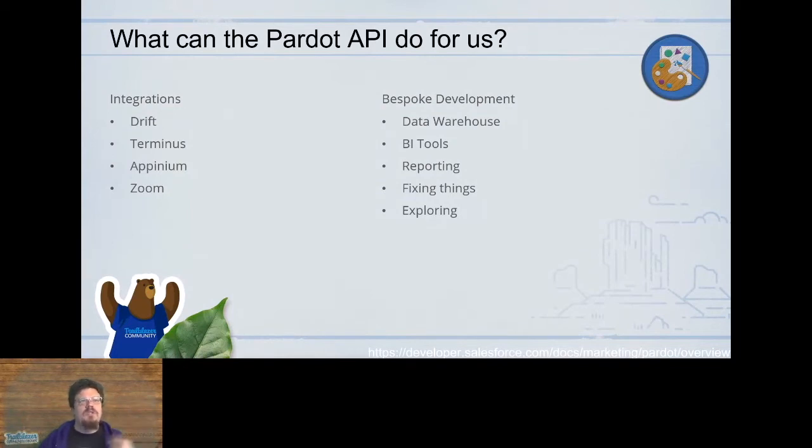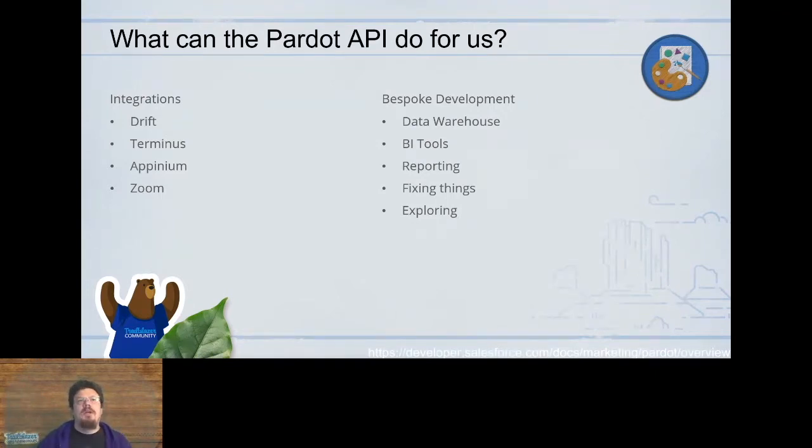So in this case, the Drift can send the chat conversations into Pardot, and now we can react in Pardot by email to something that was communicated in Drift. Kind of a neat thing is the Drift chatbot can actually take that email address and cookie convert our prospects in Pardot. So the Pardot prospects don't even need to fill out a form. They could just provide their email address on Drift, and Drift will do that conversion for us.